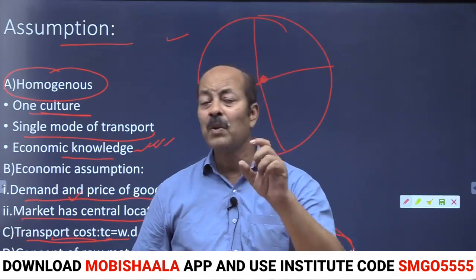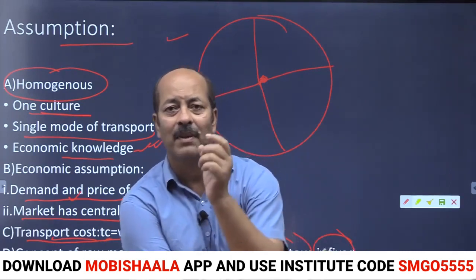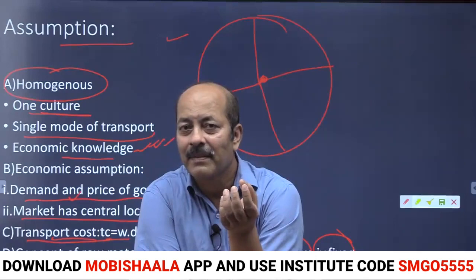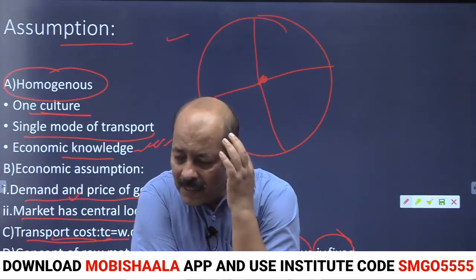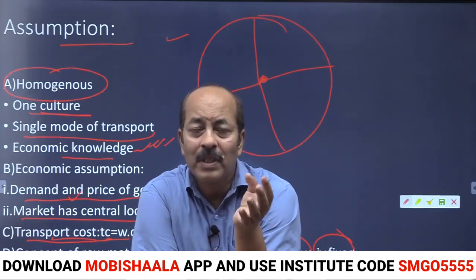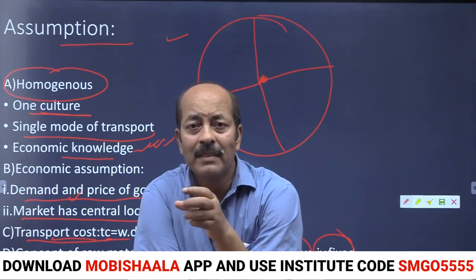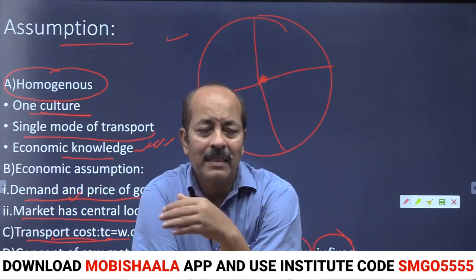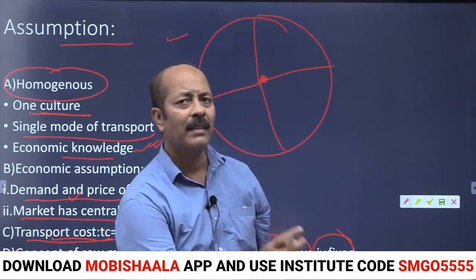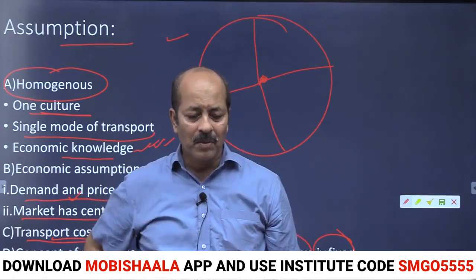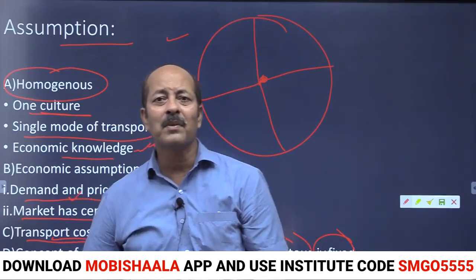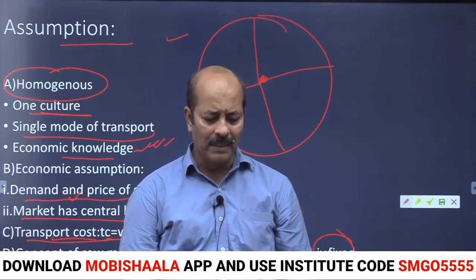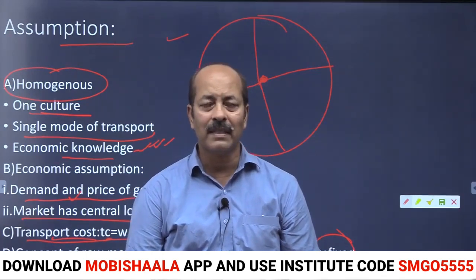The second is weight losing raw material. Take the example I am giving you. Suppose in an area you have a sugarcane industry, and you will find that sugar industries are located close to the agriculture field area or the local area, because when transported to other areas it tends to lose weight. So sugarcane industries are located close to the raw material area, as it is a weight losing raw material. Got that? That is the second aspect.